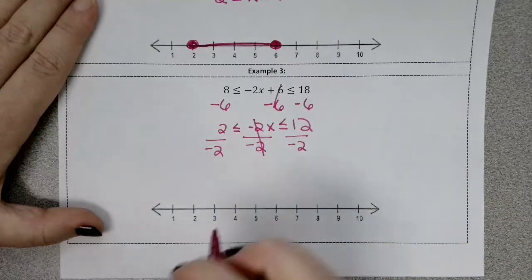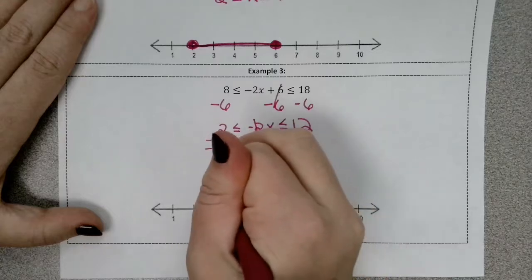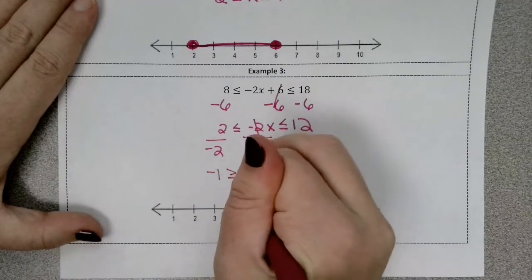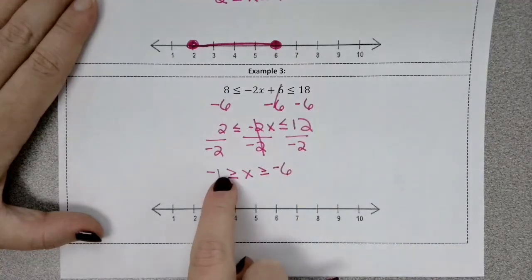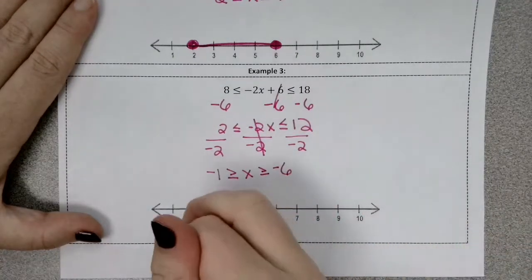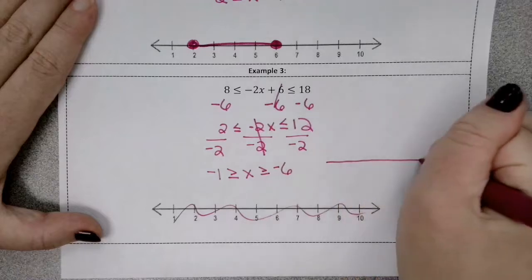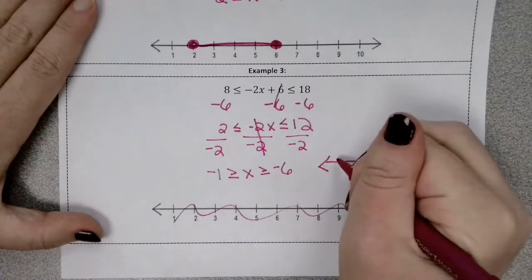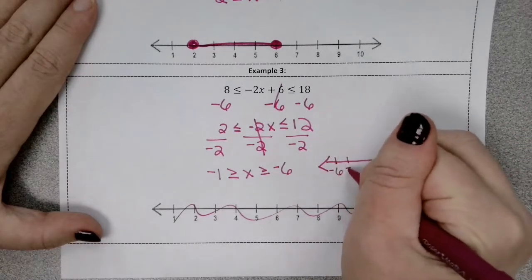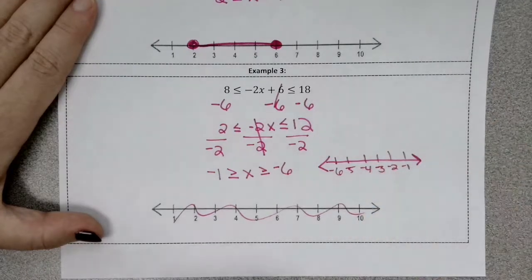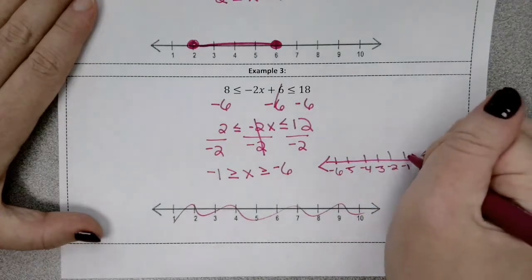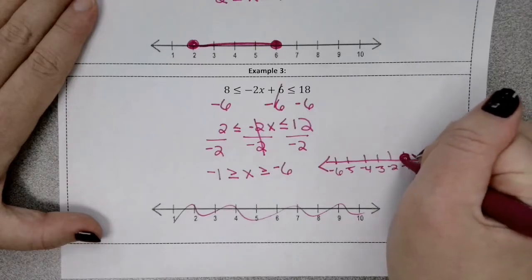So 2 divided by negative 2 is negative 1, greater than or equal to now, greater than or equal to negative 6. So negative 1, oop, not on my number line. I'm going to graph a new one. I'm going to put negative 6 here, negative 4, negative 3, negative 2, negative 1. Closed circle,